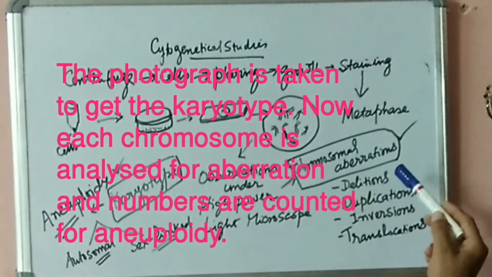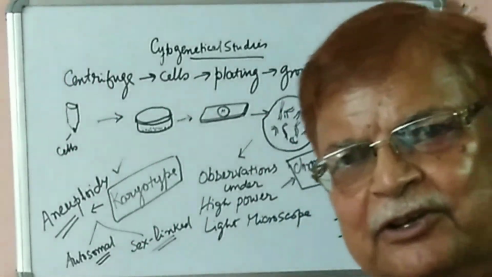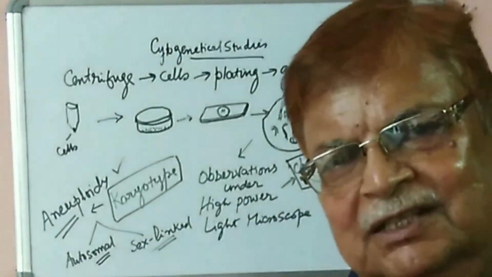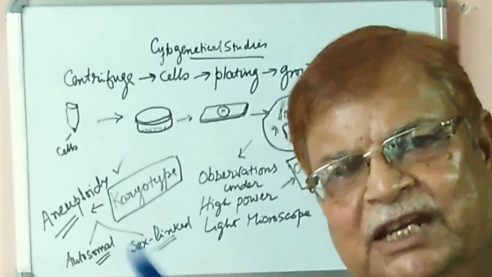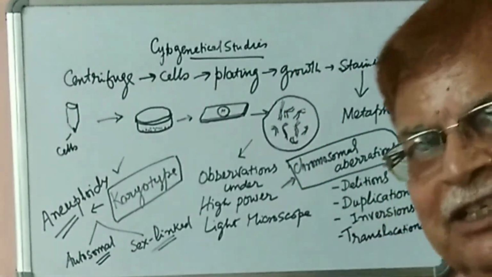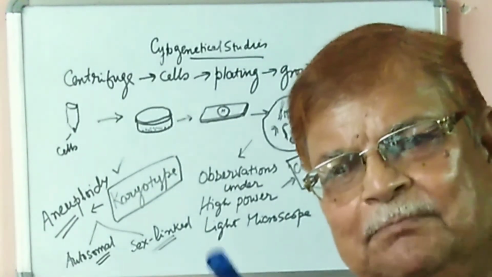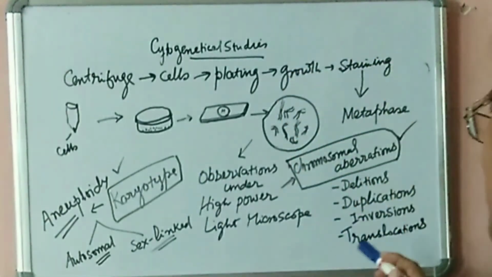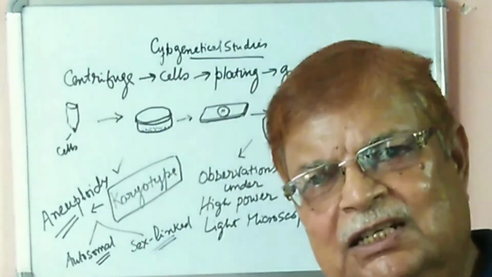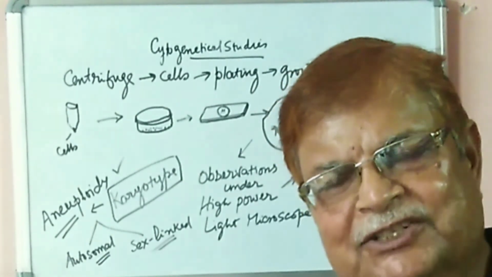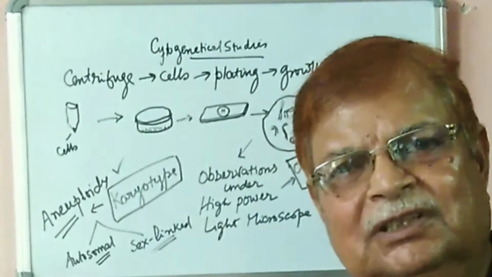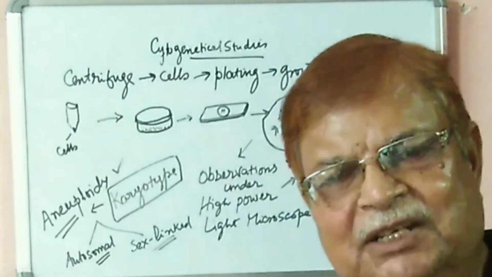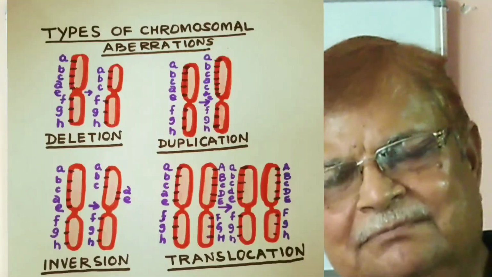And chromosomal aberrations: the deletion, that is some part of the chromatid arm is deleted. Duplication, some part of the chromatid arm is duplicated. And then inversion, where the pattern of the traits or characters gets inverted. And then translocation, that is from one arm of the chromatid, the sites or traits are translocated to another homologous chromosome. And all these operations are being shown with the help of a diagram.